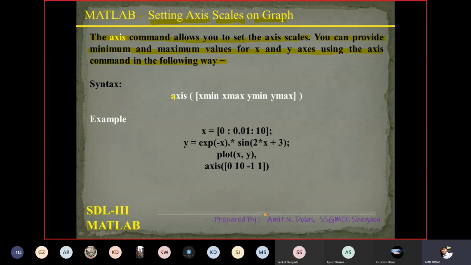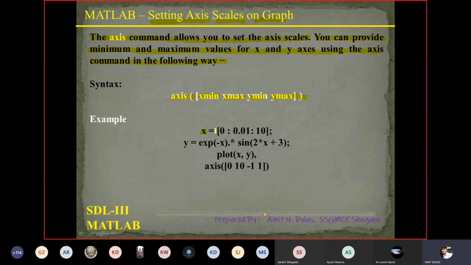Accordingly, you may use the syntax axis, opening brace, square bracket, x minimum, x maximum, and similarly y minimum and y maximum, square bracket close, brace close.